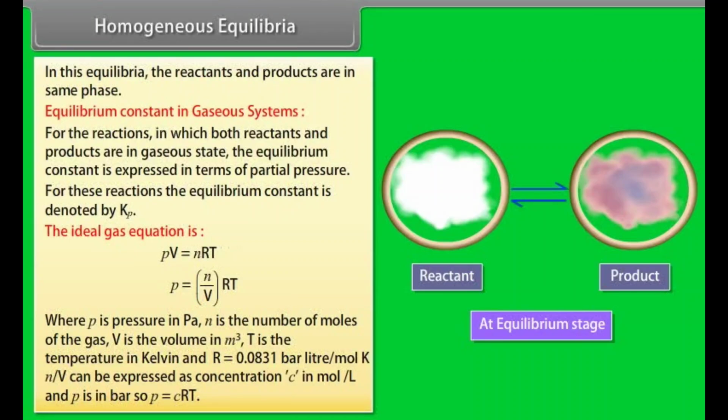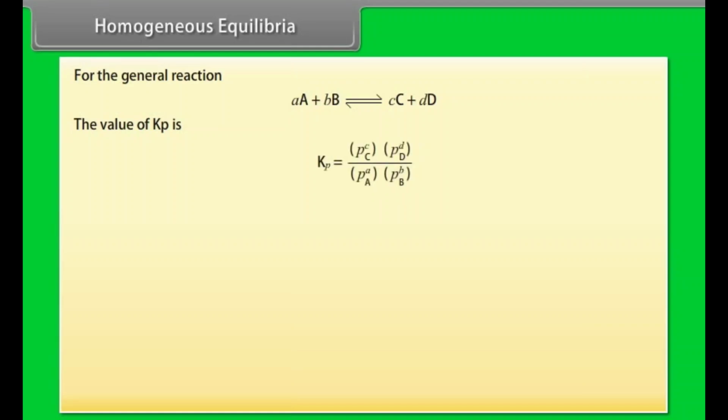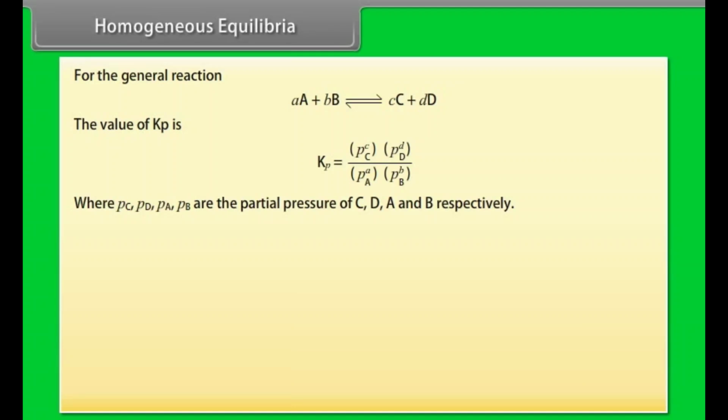N by V can be expressed as concentration C in mole per liter and P is in bar. So, P is equal to CRT. For the general reaction, the value of Kp is Pc, Pd, Pa, Pb, where Pc, Pd, Pa, Pb are partial pressures of C, D, A and B respectively, and it can be solved to